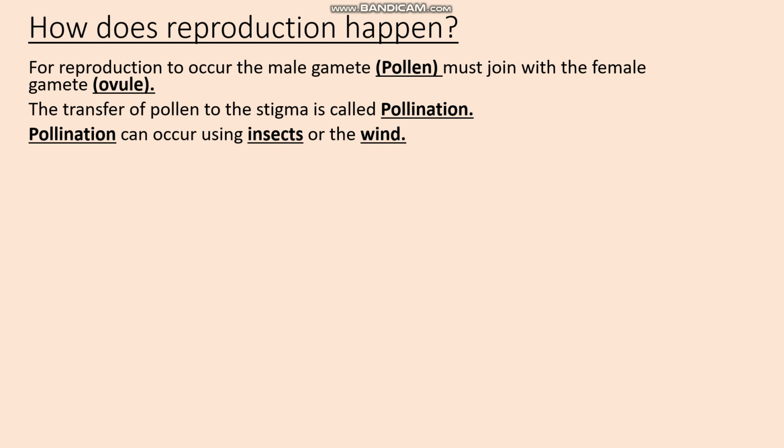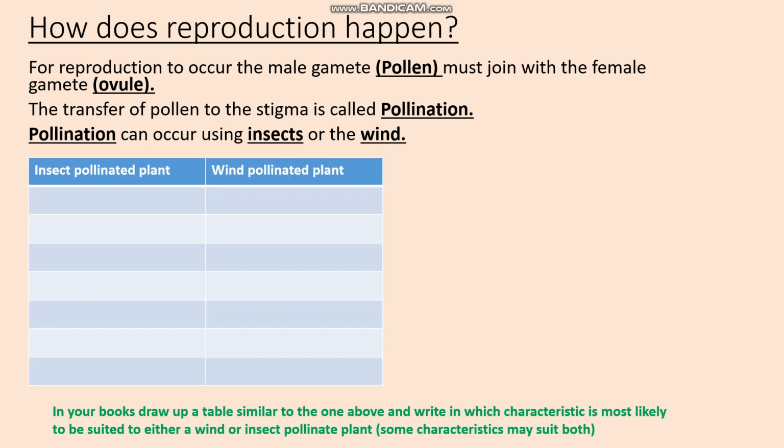And pollination can occur in two main ways, either by transfer by animals or transfer by the wind. Some plants are able to self-pollinate, but we're really only interested in pollination produced by insects and the wind. Under the title, How Does Reproduction Happen? I would like you to draw up a table, which you see on the left hand side here with the